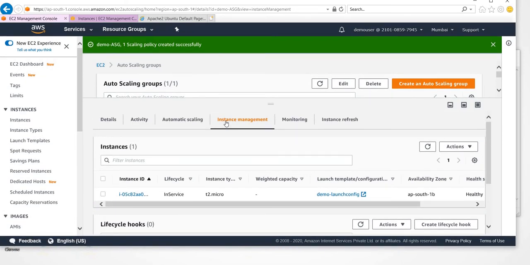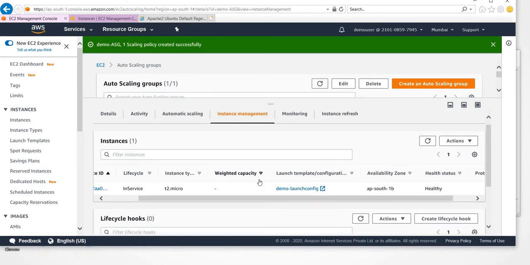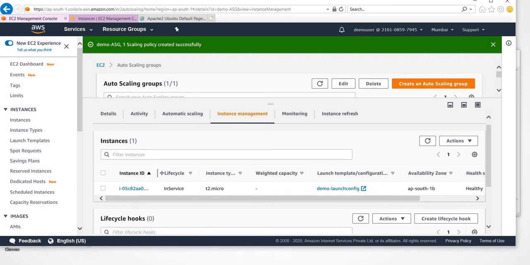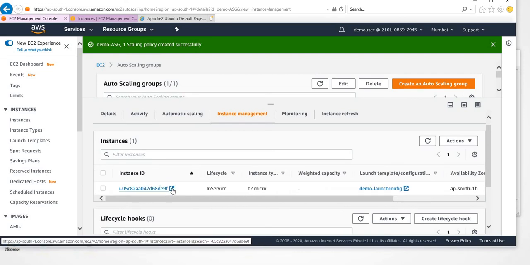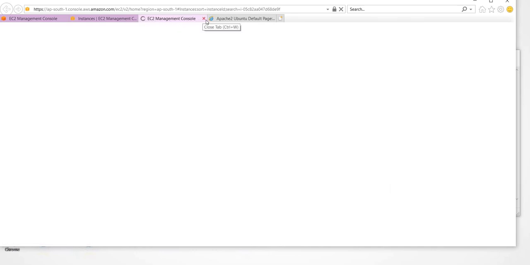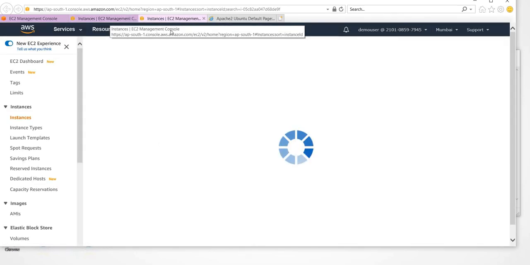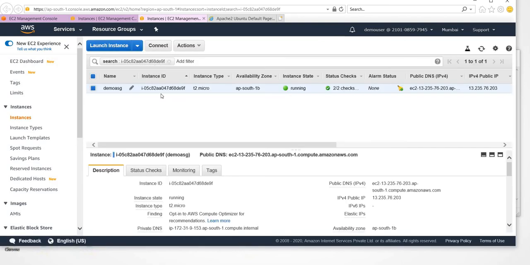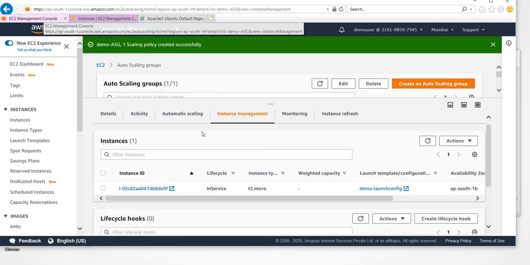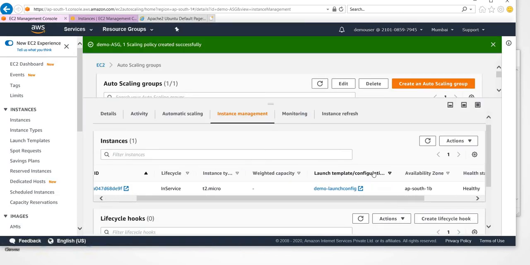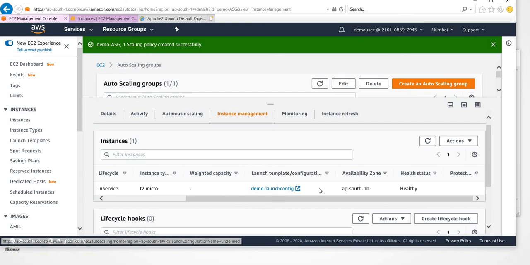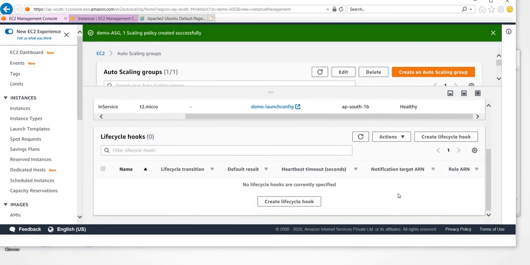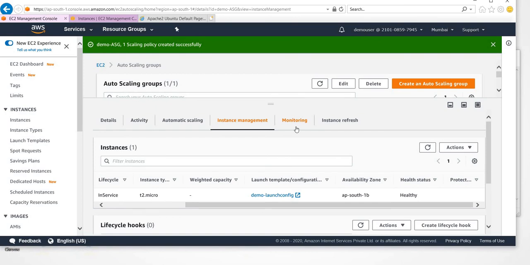And the next thing is instance management. This will give you the instances. Say for example, this is the instance ID. If you can see, I just clicked on the instance ID and it cross launches to this. So demo ASG, right? This is the one which I told you got created automatically as part of the auto scaling group. The other configurations are straightforward, like the launch configurations and all those things. Maybe you can walk through each and every section and see what the purpose is, right?